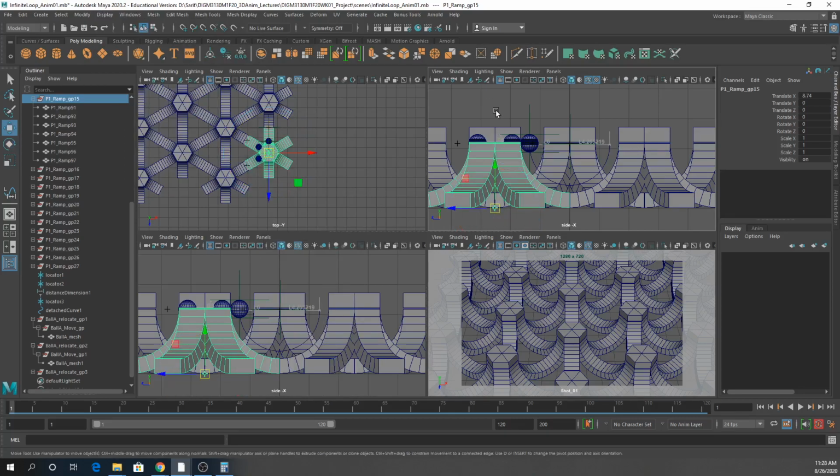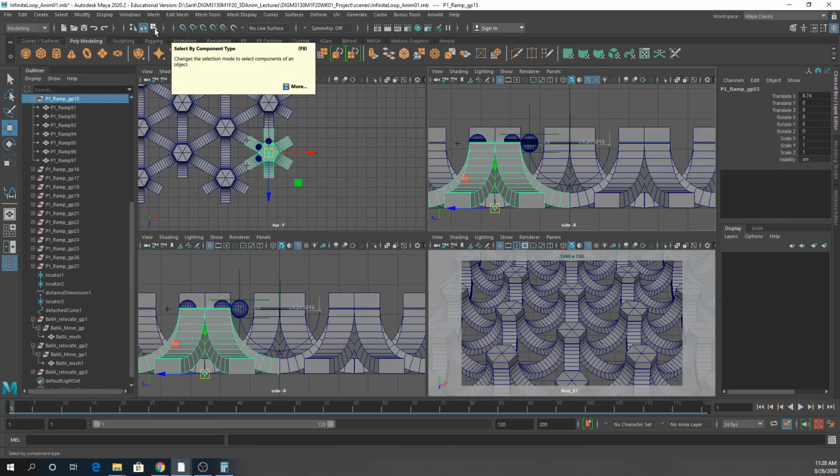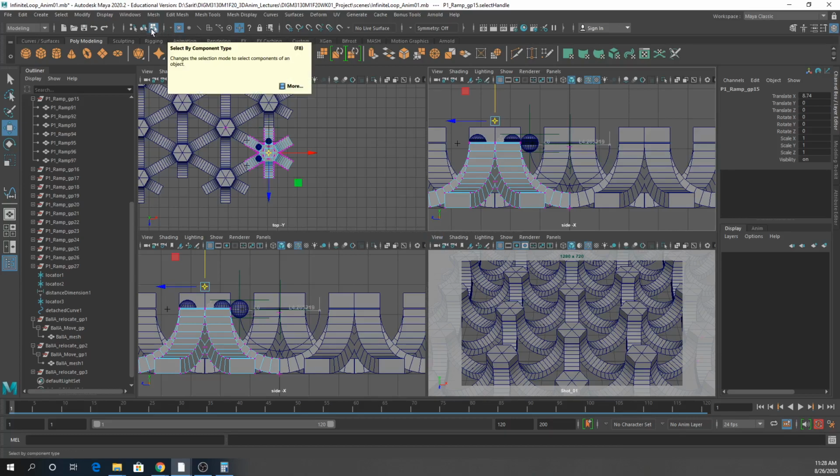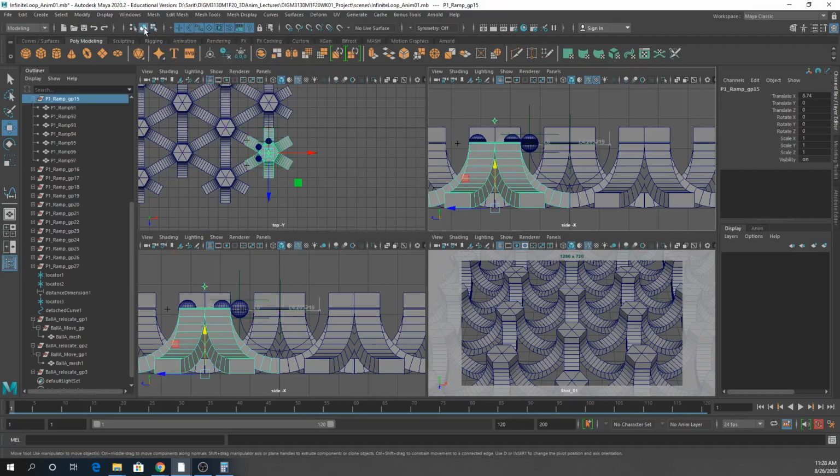If you want the selection handle to be up high, you can click on select by component type. Make sure you select the group node and turn on, let's expand this. This might be collapsed. Turn on right here, handle. Pick that handle, then just move it a little higher so that it's easier to find. And then you just turn off select by component type by clicking on select by type, object type instead. Here we go. So now can you see it's right there? So we have to figure out